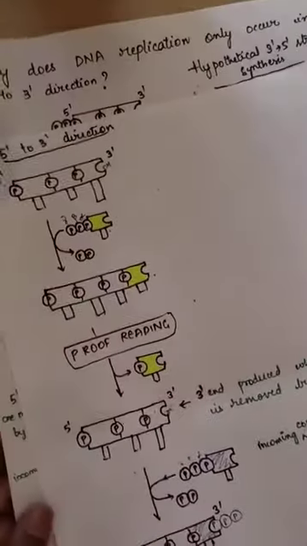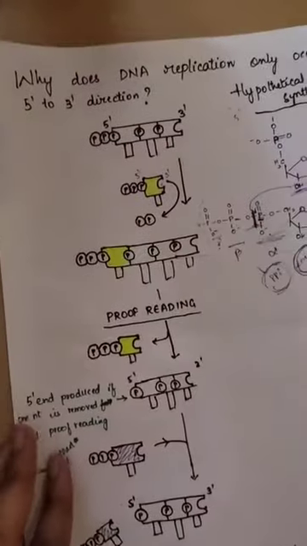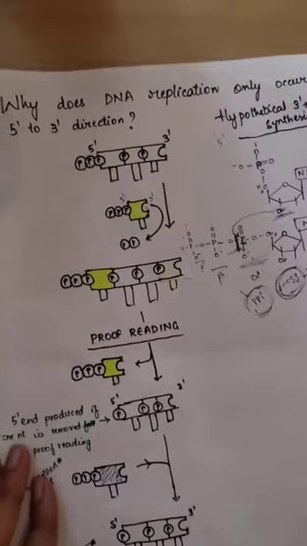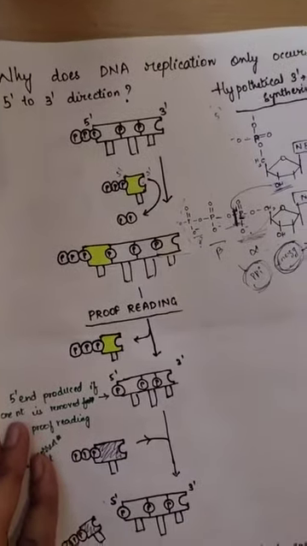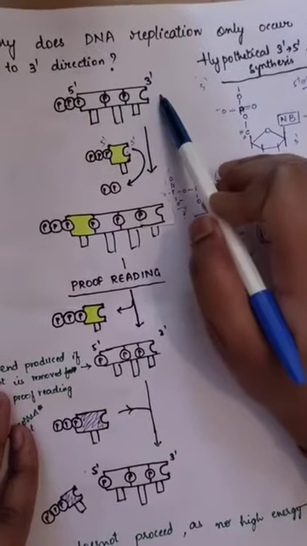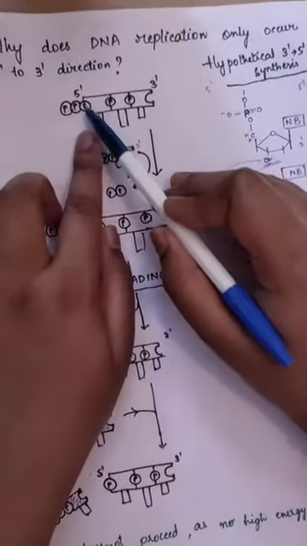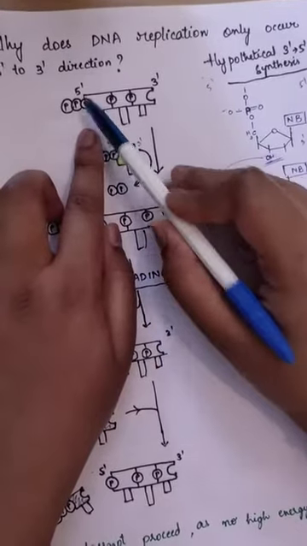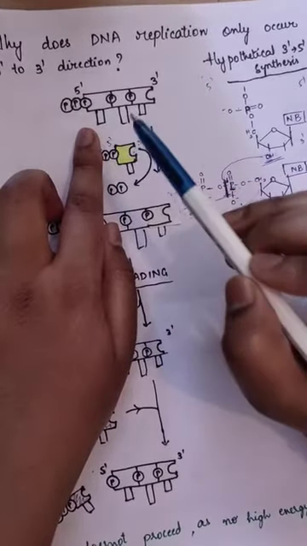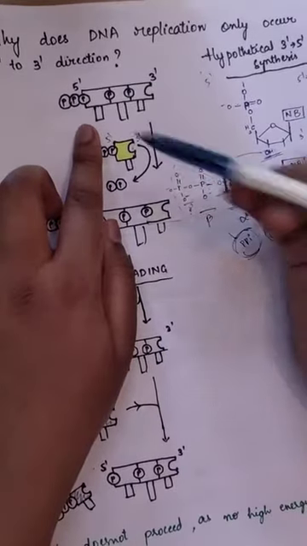But why can the DNA replication not take place in the 3' to 5' direction? Let us assume DNA replication is taking place in the 3' to 5' direction. Hypothetical 3' to 5' strand synthesis. So here 3' to 5' DNA strand synthesis is taking place. Here you might be getting a doubt. There is a 5' phosphate. It doesn't have the 3' OH group. Then what is it that acts as a nucleophile, and how is the nucleotide getting incorporated?